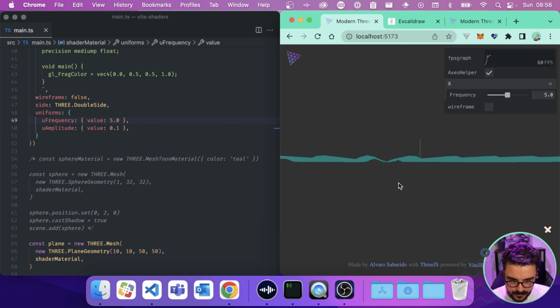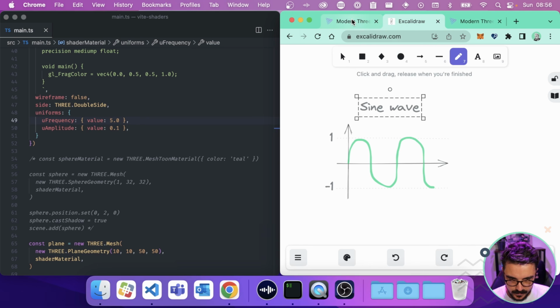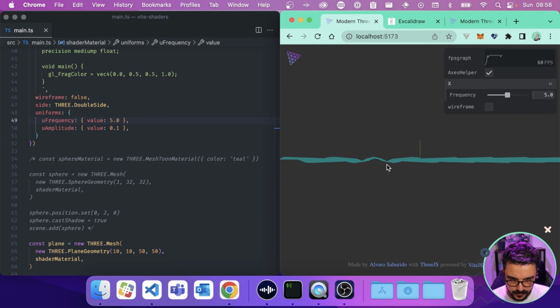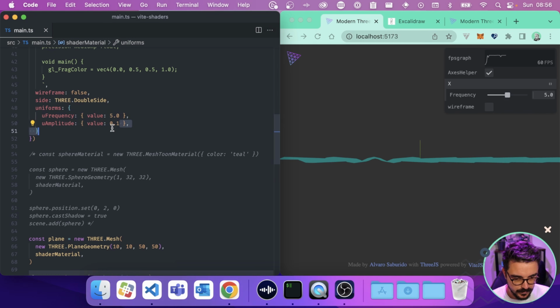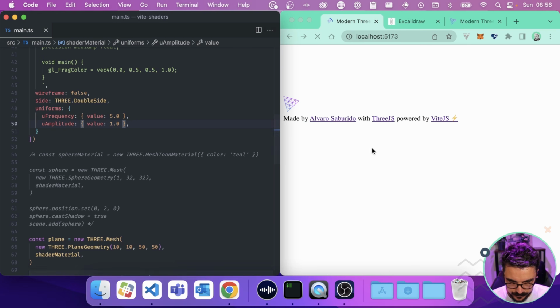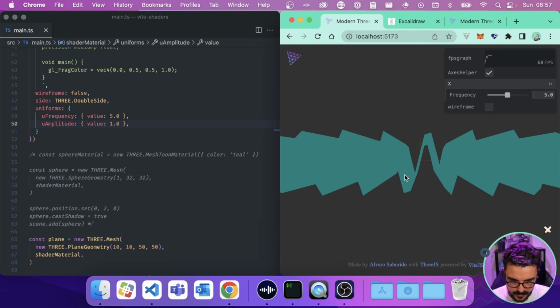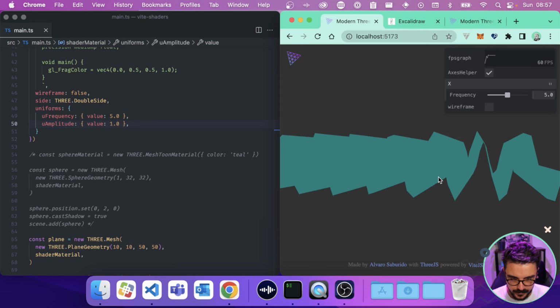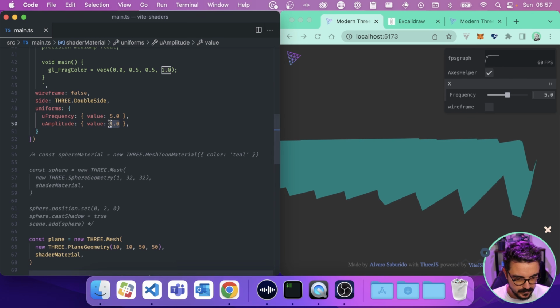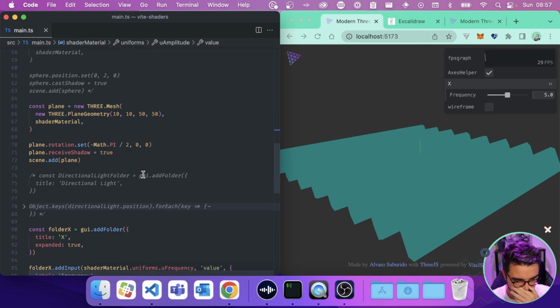And if you remember the graphic that I showed you before about the waves, it's something similar, right? So it goes into one point and goes to another. So if we put 1.0 here, for example, we can see that it's a choppy version of what I draw, okay? So maybe let's reduce it again. Let's put 0.5 so we have something fancy.